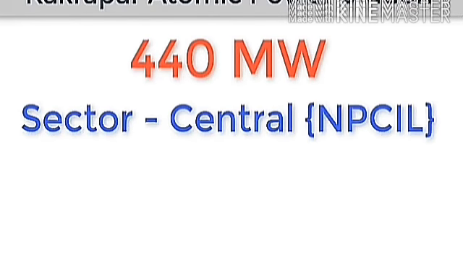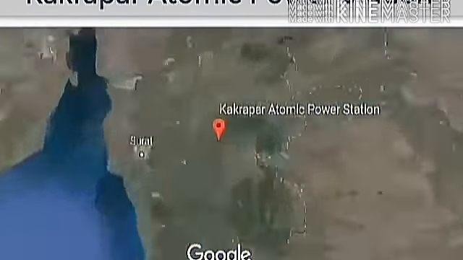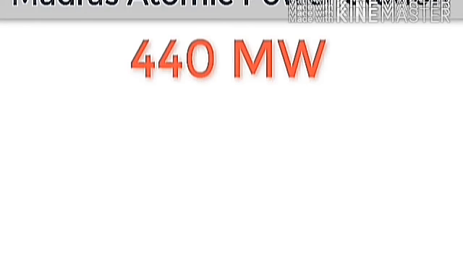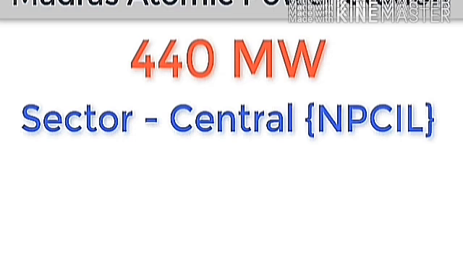Tarapur Atomic Power Station is India's first nuclear power station. Now there are 7 atomic nuclear power stations in India: one each in Maharashtra, Rajasthan, Gujarat, Uttar Pradesh, and also Tamil Nadu, which has 2 nuclear power stations, Kalpakkam and Kudankulam. Apsara was the first nuclear reactor in India. Now we are operating 20 nuclear power plants in India.